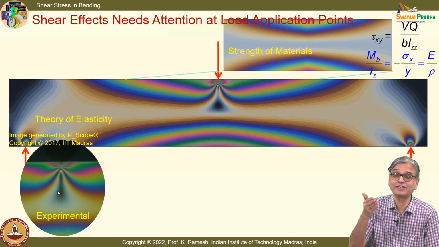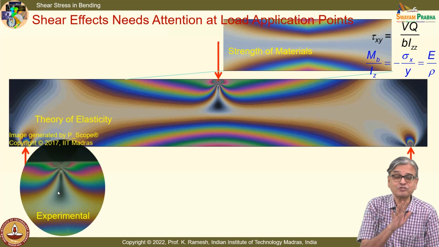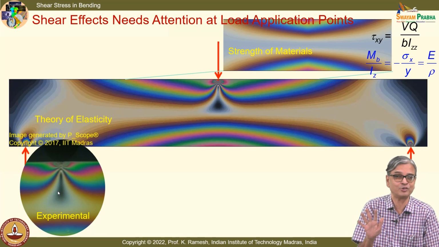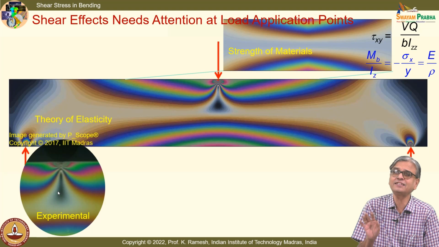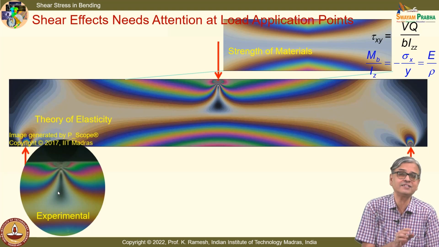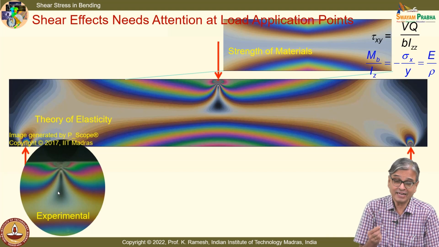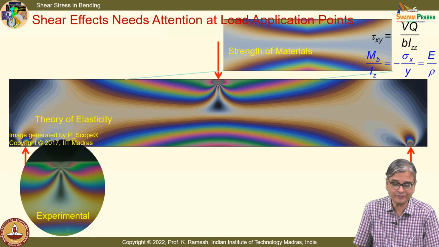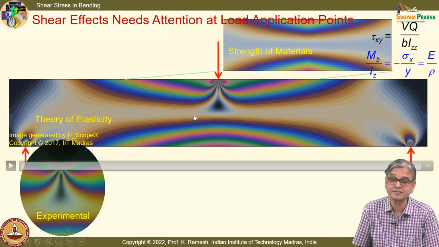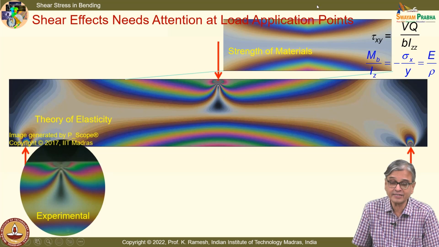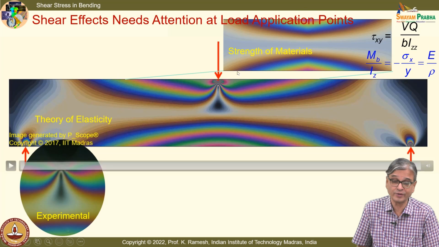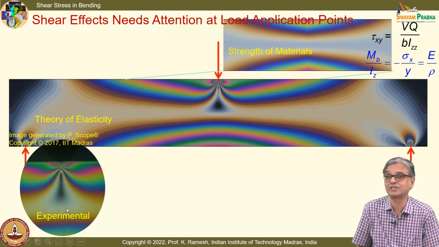And we also found that there is a small variation of sigma over the depth of the beam. And we also discussed that these are second order effects. We don't have to worry about it, but recognize that what you have learnt in strength of materials is good for engineering analysis. Whereas when you come to shear effects near the load application points, even though strength of material does not give me good result, you will have to look at what is the actual value. And the stresses are comparable to the bending stresses,